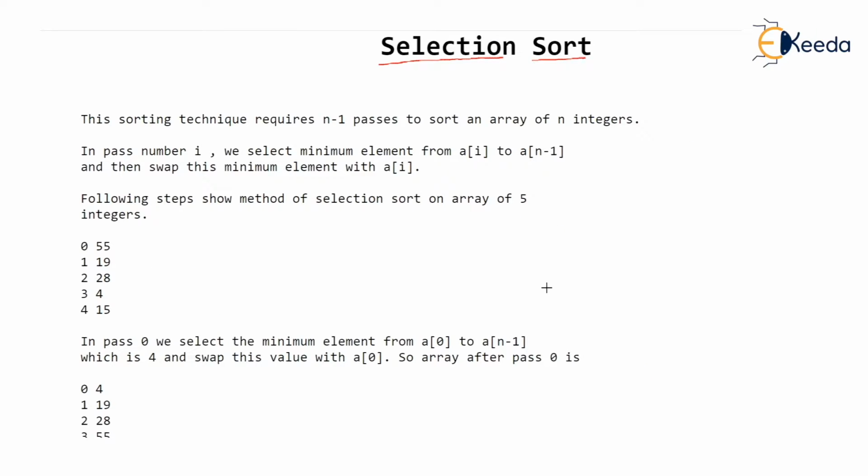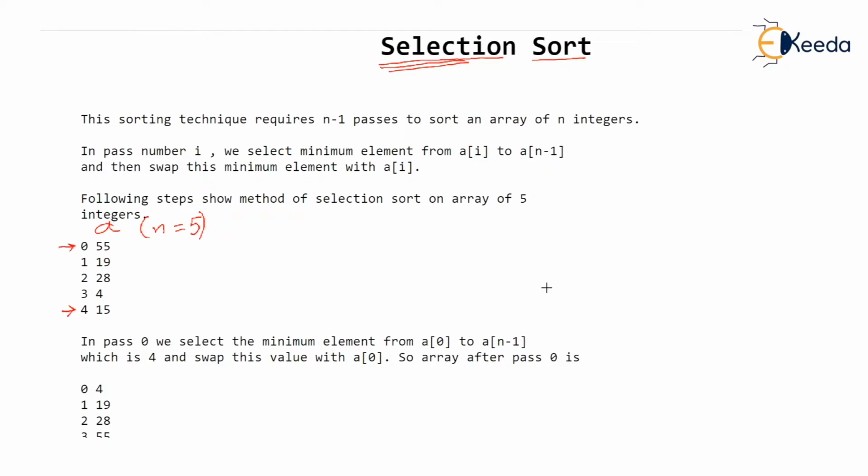Now selection sort, there is something about this word selection here. So you better understand the meaning and what are we selecting while sorting the data. As an example to start with, suppose we have an array A of size n equal to 5. You watch, n is the size of the array. So there are 5 elements in the array placed from 0 to n minus 1, that is 4. And we want to sort this array.